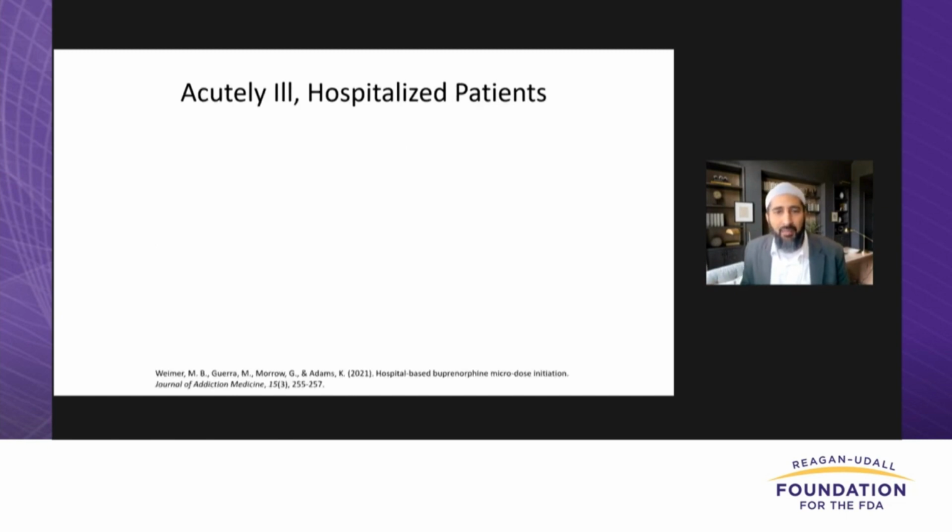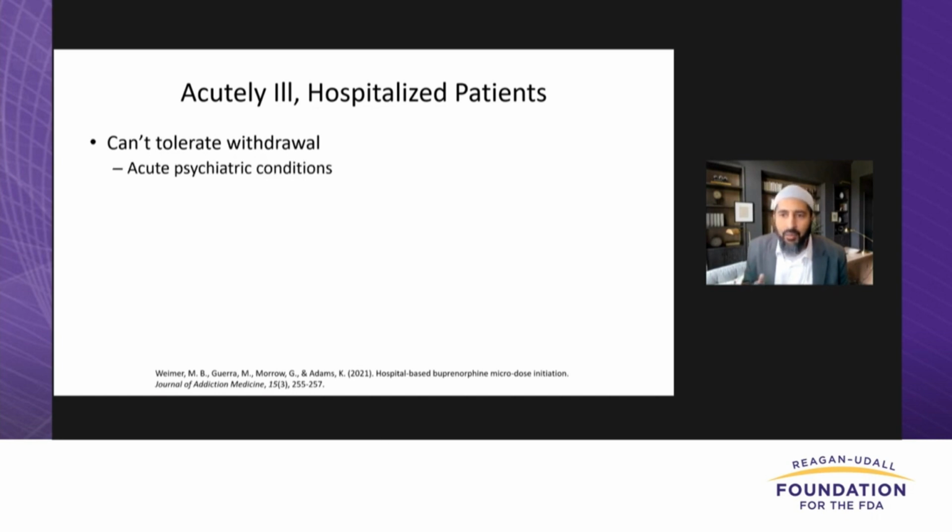On the next slide, when people are admitted to the hospital, it's because they're ill enough to be admitted. So regardless of whether people need opioids or not in the hospital, patients requiring hospitalization are often fragile and cannot risk opioid withdrawal, worsening their conditions. Opioid withdrawal is an unnecessary layer of complexity that affects multiple organ systems, and it can be avoided with low dose inductions.